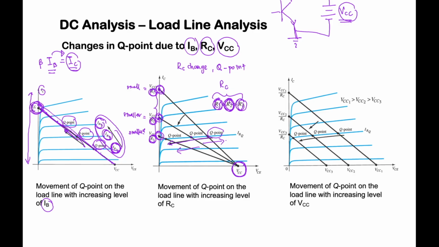This differs from IB. When IB changes, the Q point changes, but your DC load line will maintain. But when your RC changes, your Q point changes and your DC load line will